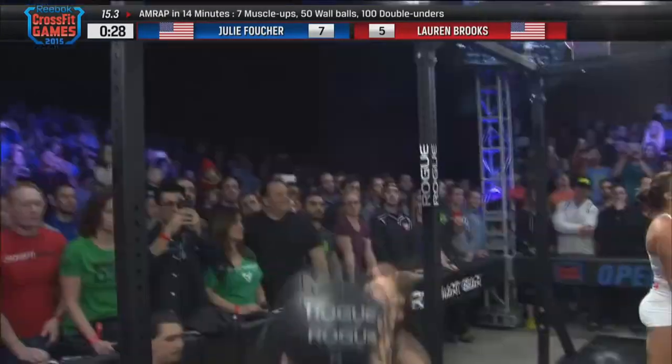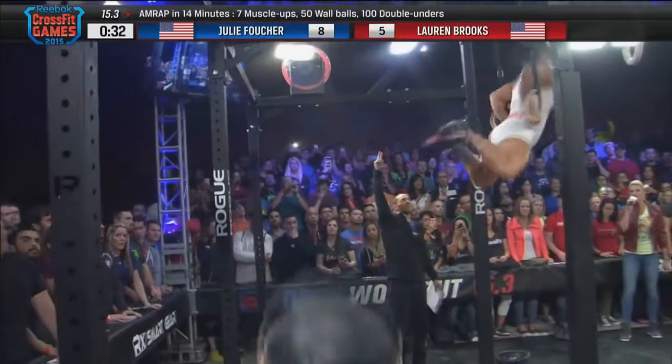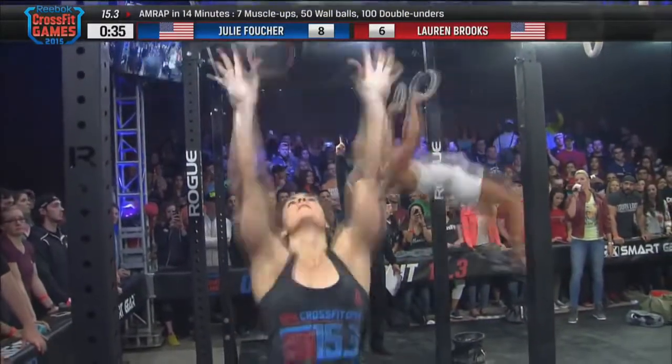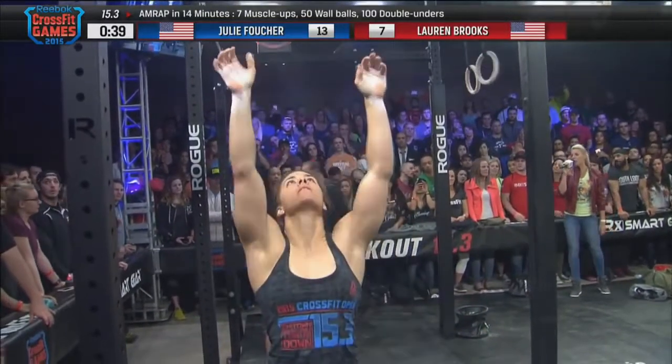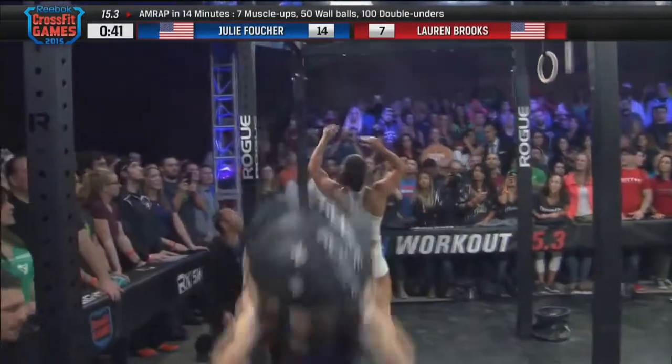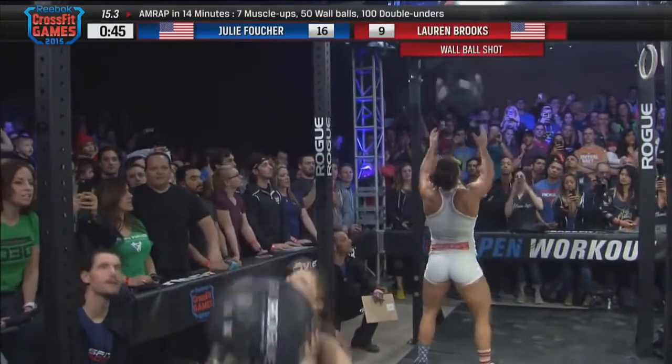You can see Lauren Brooks already had to break up when the movements were announced, and Dave Castro said muscle-ups. Lauren Brooks' face changed. This is not her best movement. Actually, the muscle-up biathlon at the Games this past year was her worst event finish. She did take a 31st in the muscle-up biathlon, but that part is now passed her, at least for round number one,